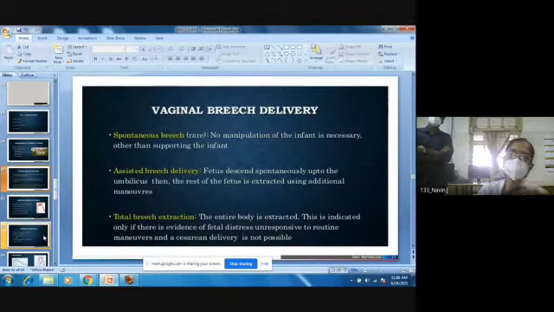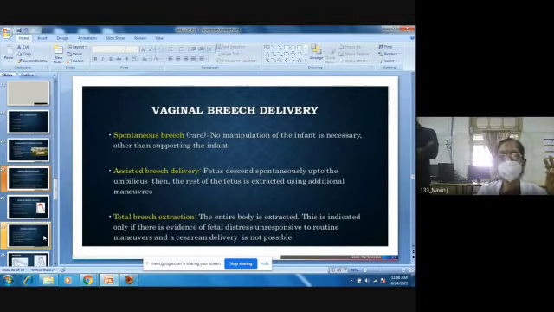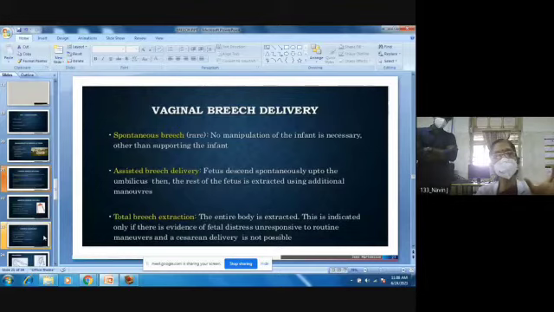Where do we allow for vaginal breech? Wherever the baby size is average, wherever there is no other complication, it's an uncomplicated breech. The patient does not have gestational hypertension or GDM. She has a previous normal delivery. That means her pelvis is good, it's adequate. We know that she can have a vaginal delivery. And the baby is only average size, it's not more than 3 kg. And if it is an extended breech, it is preferable to give a vaginal delivery. Because extended breech will be just like a head, it will be well fitting into the cervix. It will not have an increased chance of cord prolapse also, right? So whenever you have a vaginal breech delivery, an extended breech is preferable in comparison to a flex breech or a footling, right?